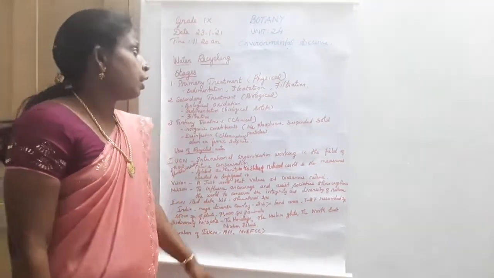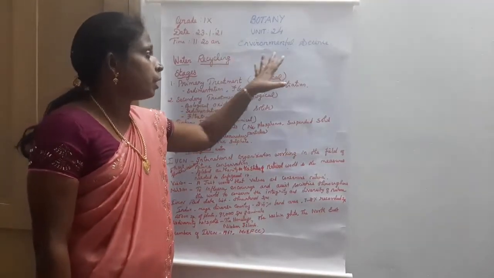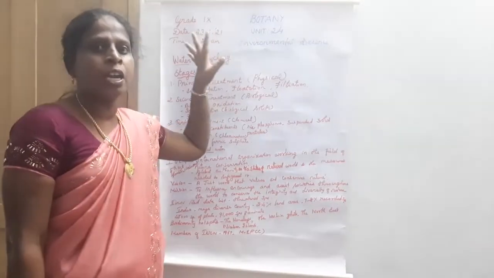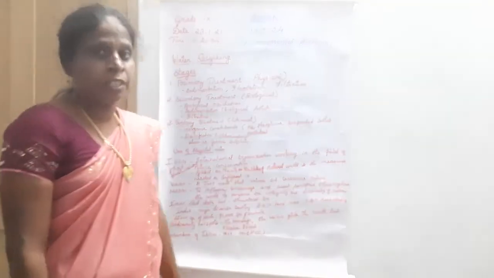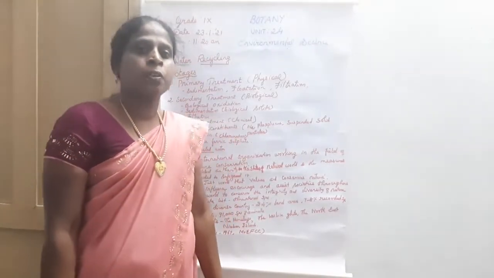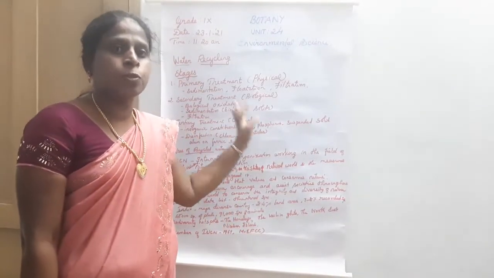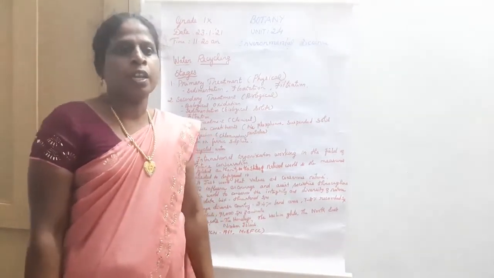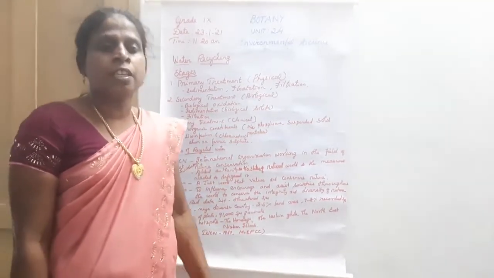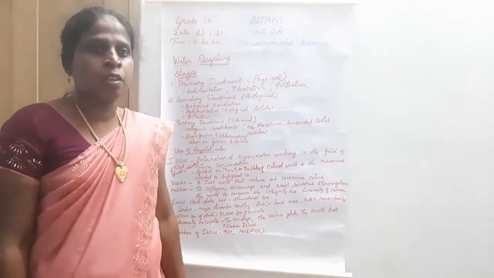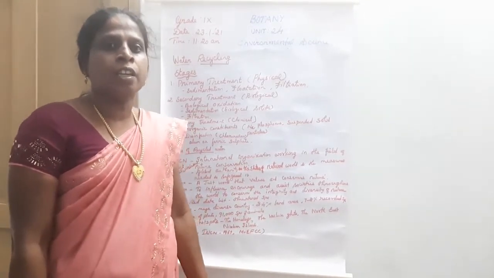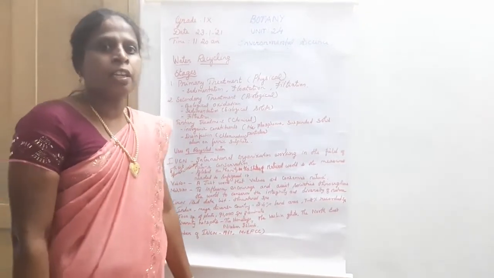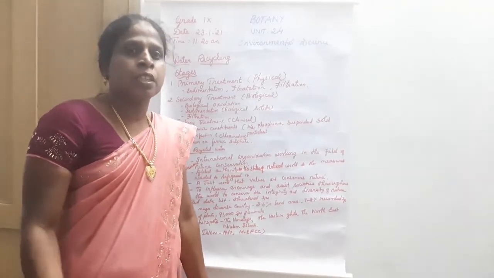Last class we learned about environmental science. In this chapter you have learned about water conservation. And last week you learned about the strategies used to conserve water. Say, what are the strategies? First one, rainwater harvesting, then improved irrigation techniques, then recycling methods, then